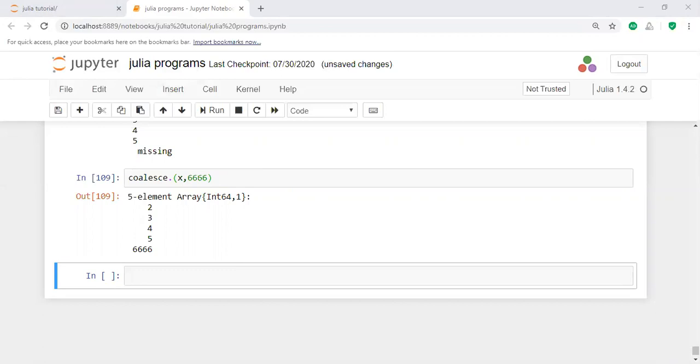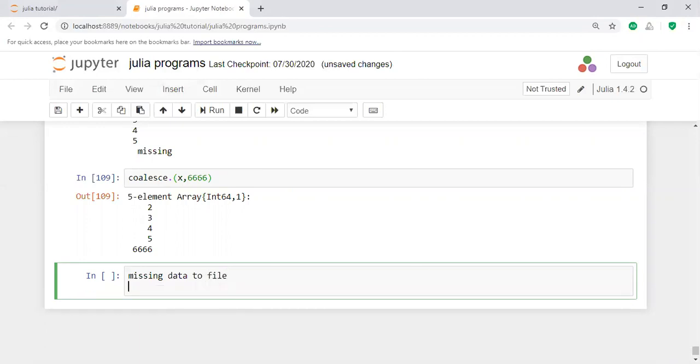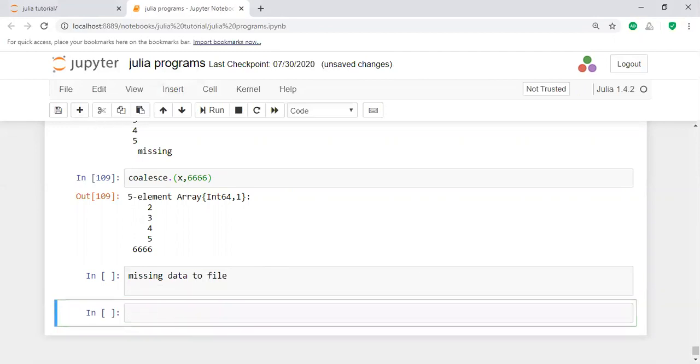That means where there is a missing value, the function replaces it with this. Not only that, for example, if we have missing data in some file, how can you handle the missing data in a file? What is the function here?